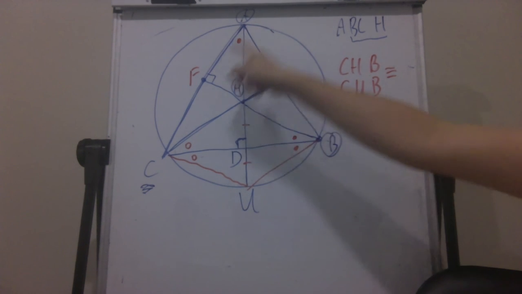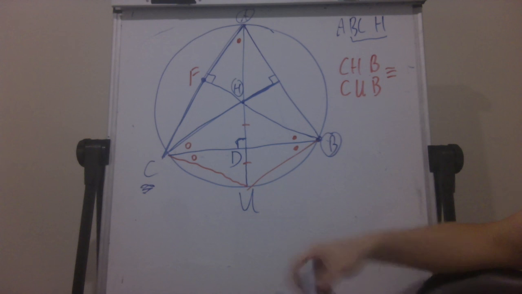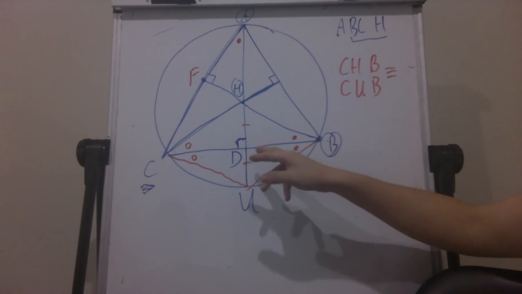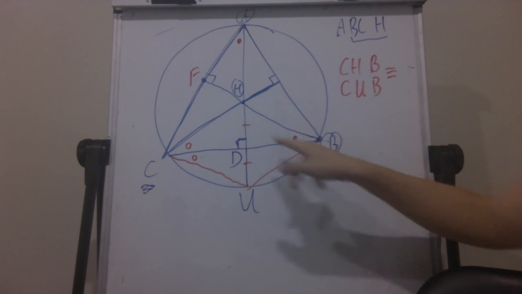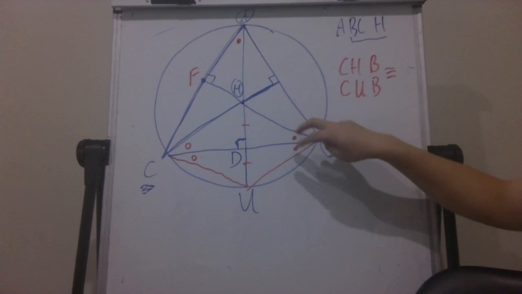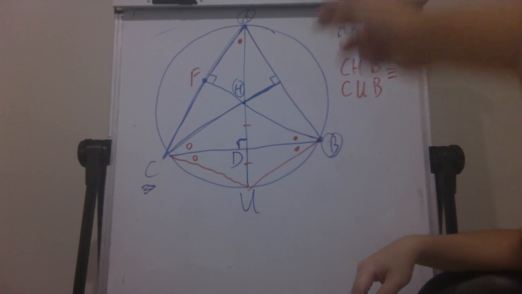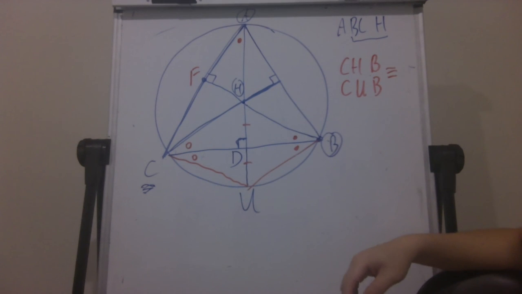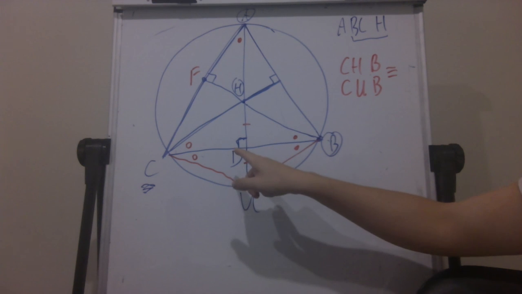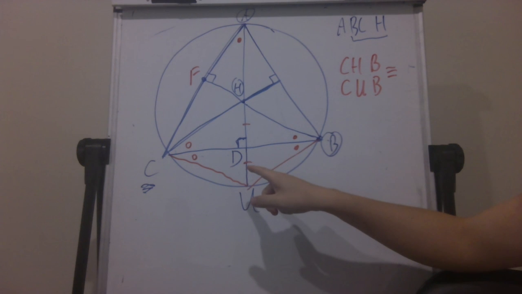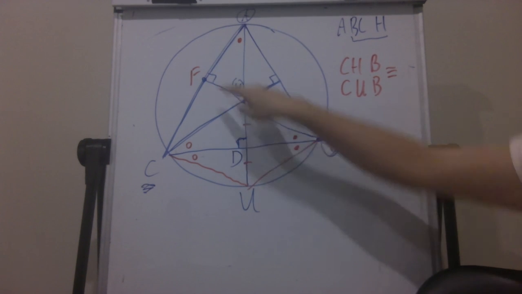So DFAB is a cyclic quad, right? Not necessarily the center. 90-90. DFAB, yeah. So this is equal to that, and this is equal to that, so they're equal to each other. So DFAB is a cyclic quad because of those angles. Because of the 90 degrees, yeah? But what about the small angle? As long as these two angles are equal, that's a cyclic quad.